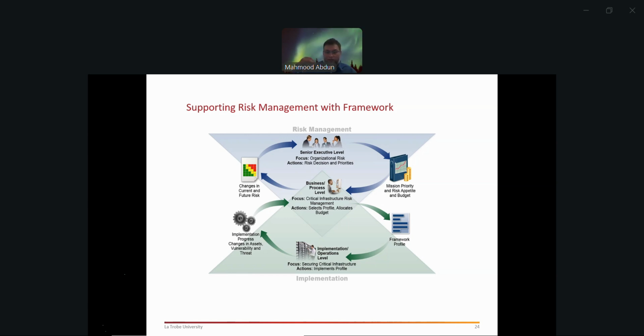So basically, it goes to the implementers of the cybersecurity, whether they're implementing a firewall, whether they're using a web application firewall, whether they're putting in detective controls or protective controls. These are all getting done at the bottom level, and then the progress is fed up to the business level. So it's an iterative process. It's a continuous process. It never ends.